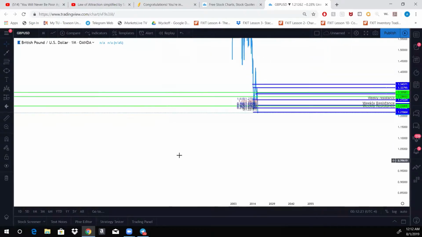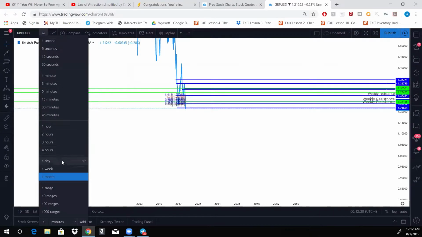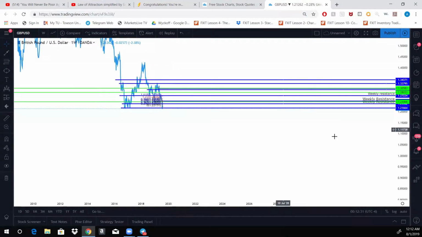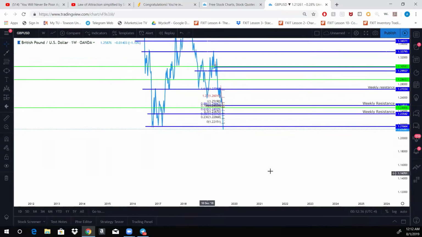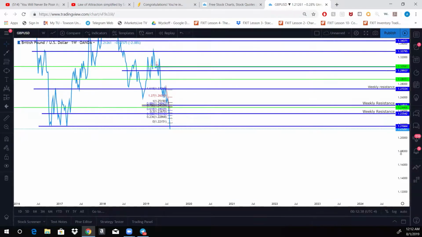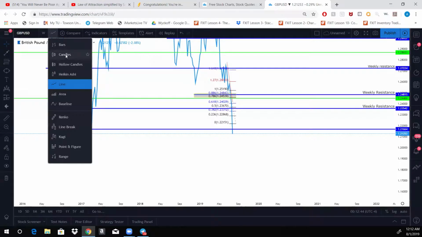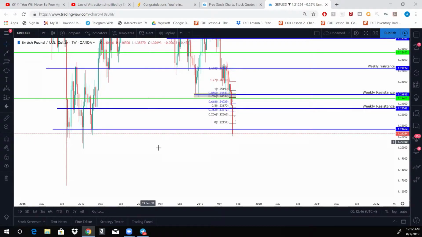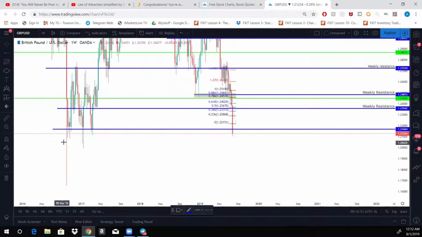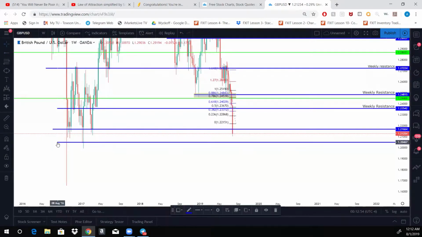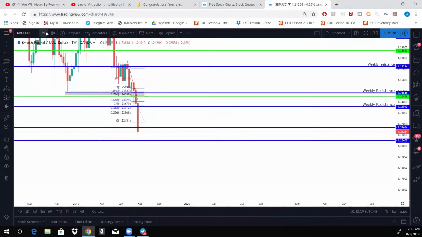Yep, this is the lowest GBP USD has ever been, and you're officially looking at it. This is the lowest the British pound has been against the US dollar ever since it has been traded in the Forex market. Never been lower than this. We do have this wick, so maybe we can go off of these wicks and mark this, let's say right here, because we have 3 wick crossings, right? So this next zone would be